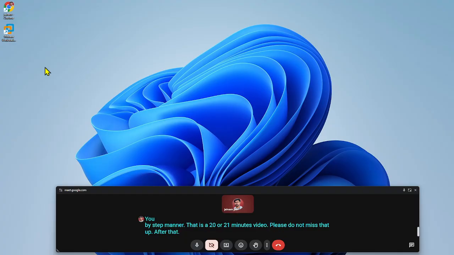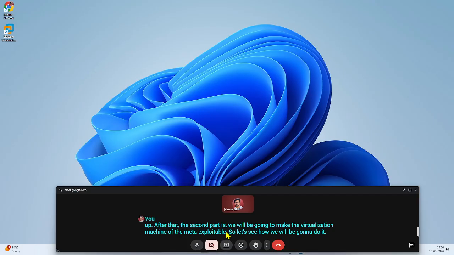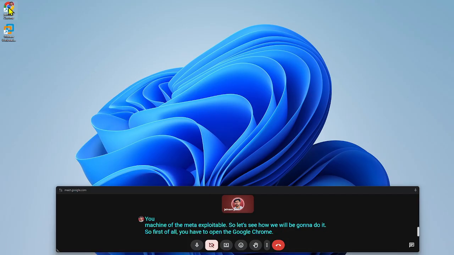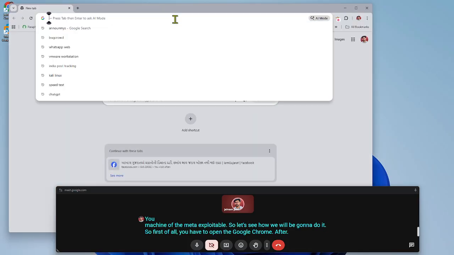After that, the second part is we will make the virtual machine of Metasploitable. So let's see how we are going to do it. First of all, you have to open Google Chrome. After opening Google Chrome, you just have to search here,